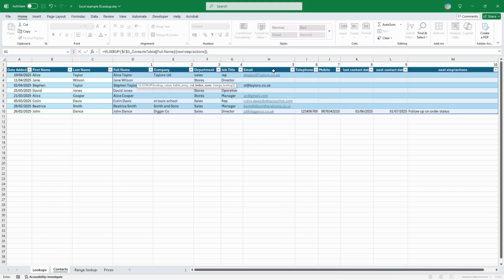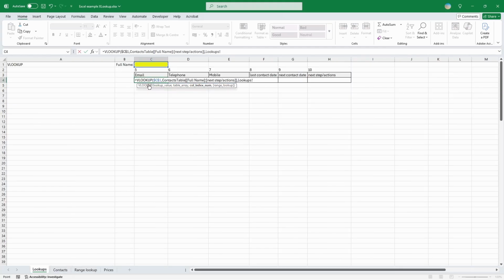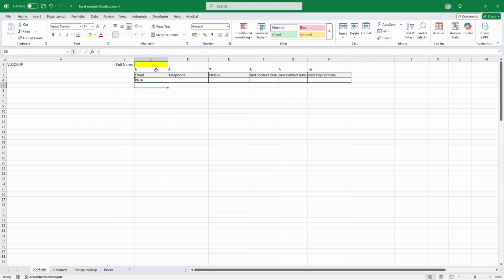Now we type the number of the column within that range that we want to return the email from, 5 if you remembered, or we can point to where the column number is stored in a cell, which we are doing here. And then we specify false to make sure that we only get a return for an exact match. If we type John Dance in the input cell, you will see that it will find the matching email address